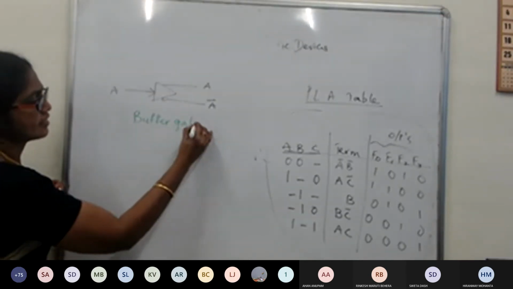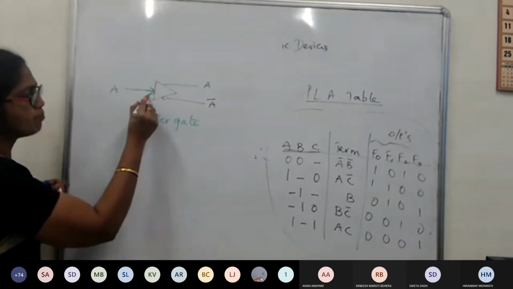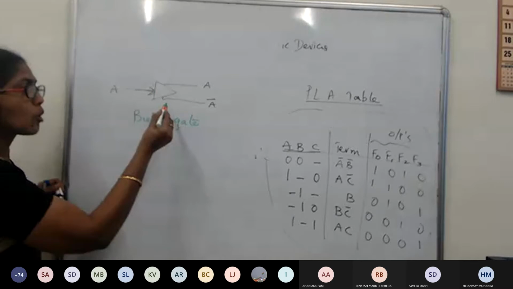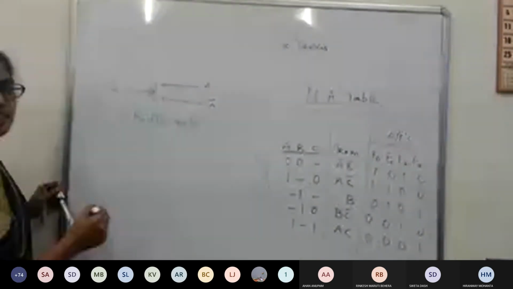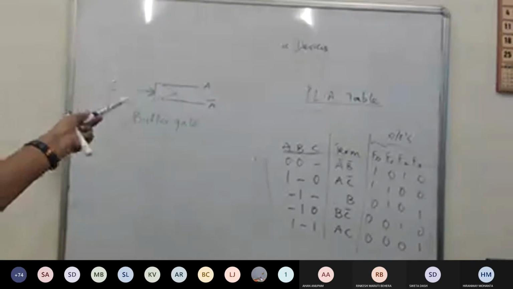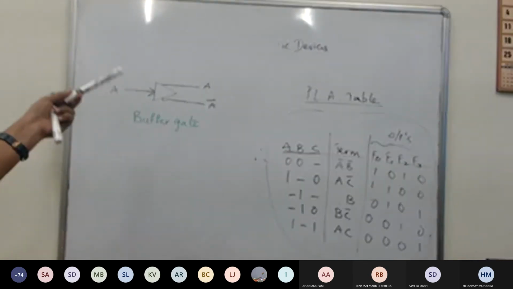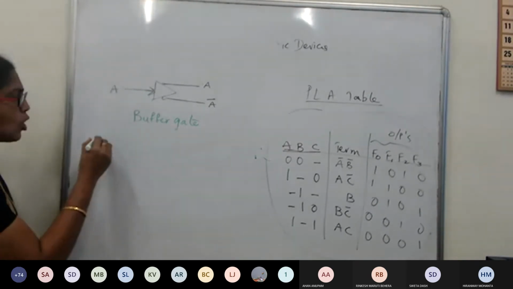Buffer gate. What is its importance? It takes a normal input, provides its normal output as it is, and its inverted output at this point. So exactly, it can do the operation of a normal one as well as an inverted one. This is called a buffer gate. This is a little advanced gate, prepared after taking the PLA structure into consideration, because in the PLA structure, if you see what is happening,